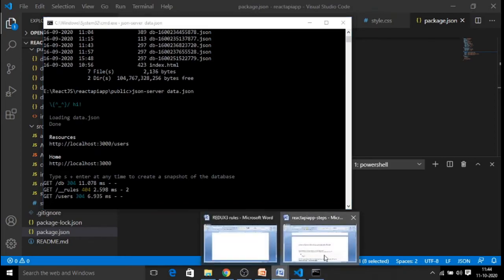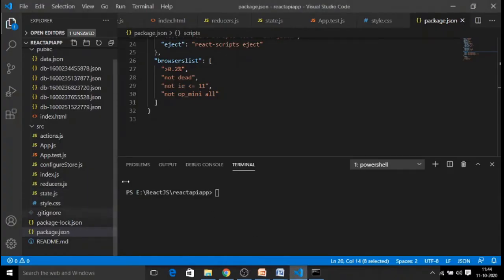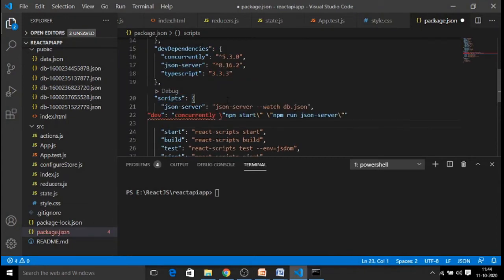So what are the dependencies we need to add here? You can see these are the 2 entries you have to make in your package.json file. In the scripts, you need to add these 2 more entries. The first one is you need to specify that your JSON server is going to run with whatever our file name is, data.json.